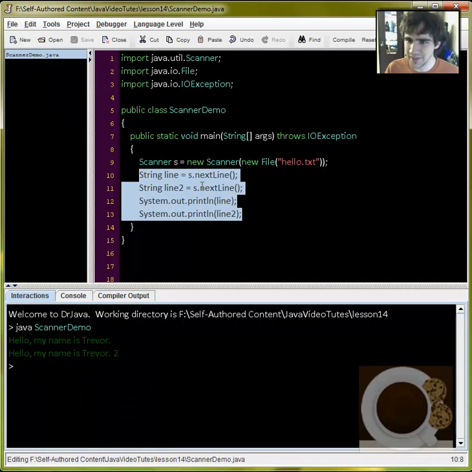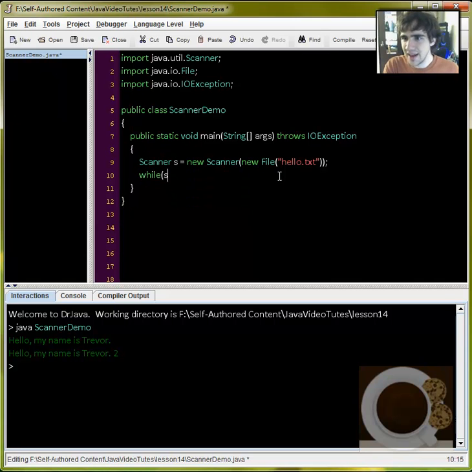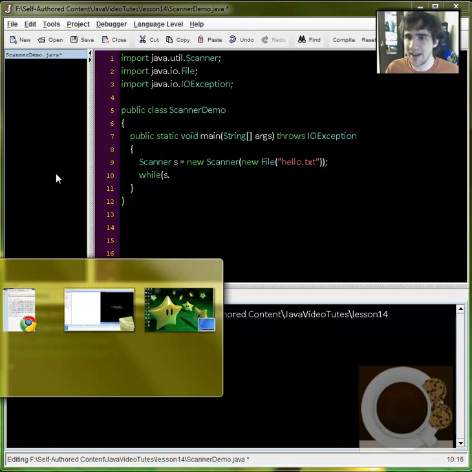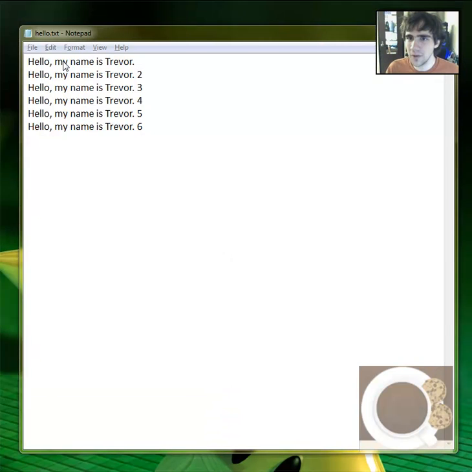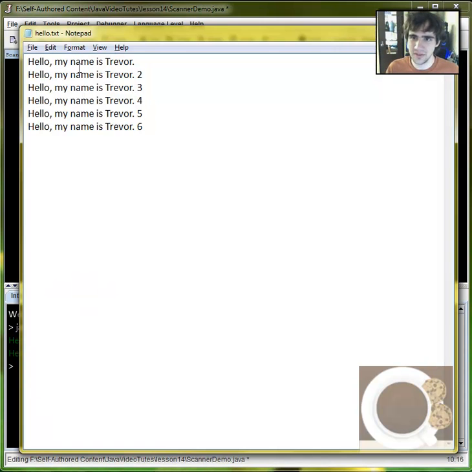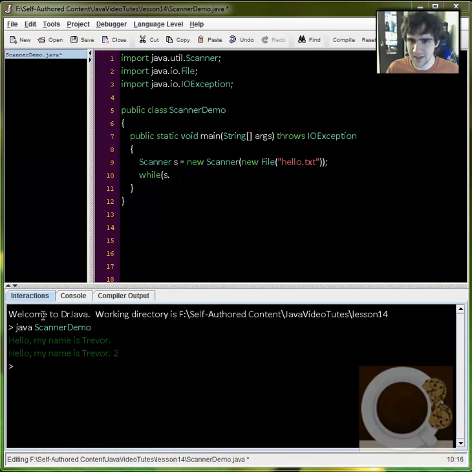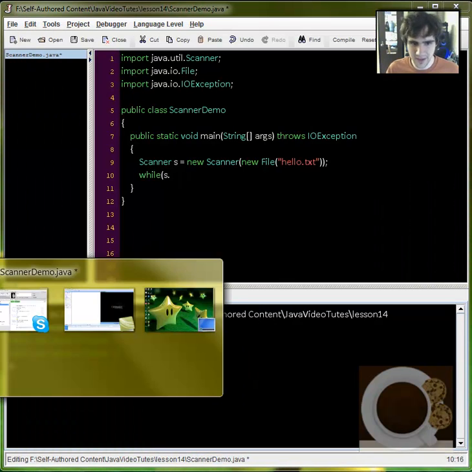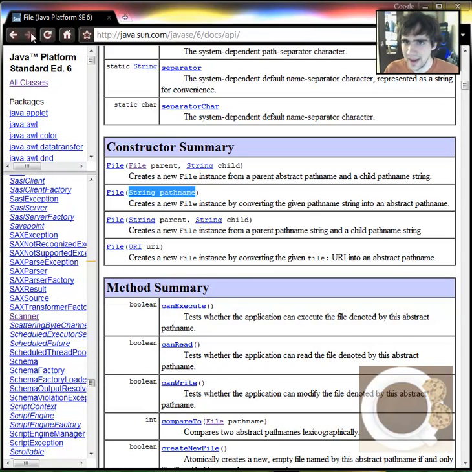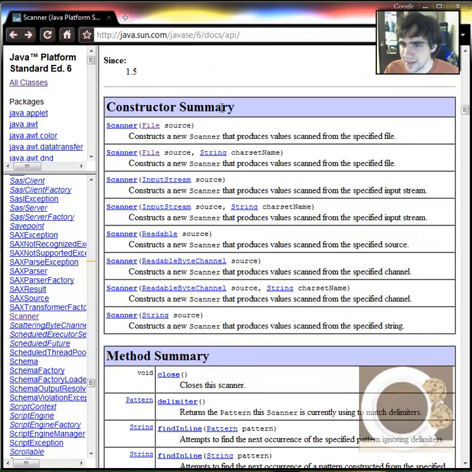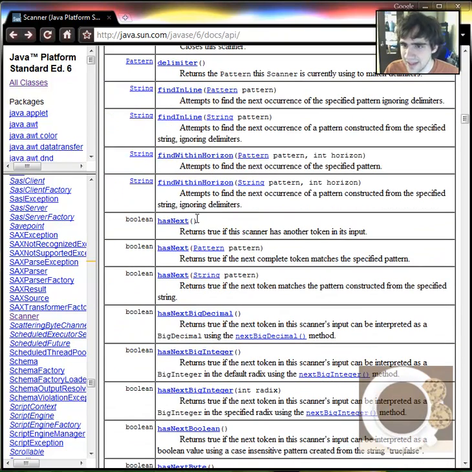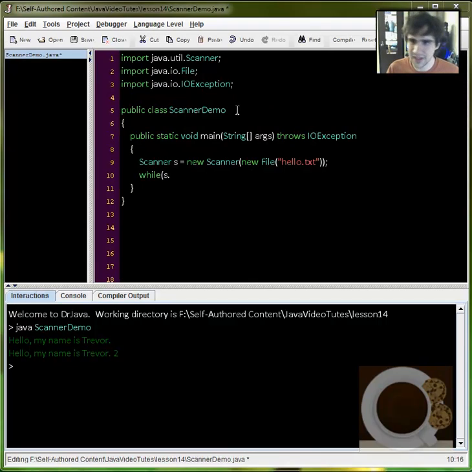Let's say we wanted to get all the lines. We could just use a loop. So let's use a while loop, while s dot. Now we need to find out how, like we want to run this while there are more lines to be printed out. So let's look at the API here and go back to my Scanner class, and you see this has a hasNext method. It's a boolean, returns true if the scanner has more tokens, more things to scan. So we say while s.hasNext,